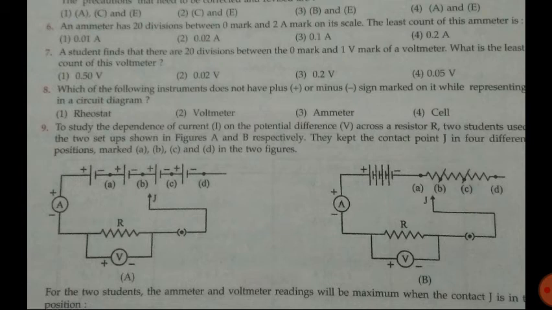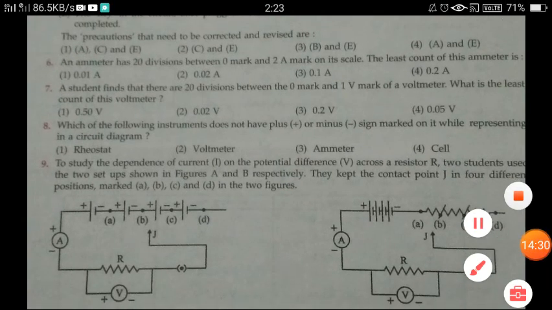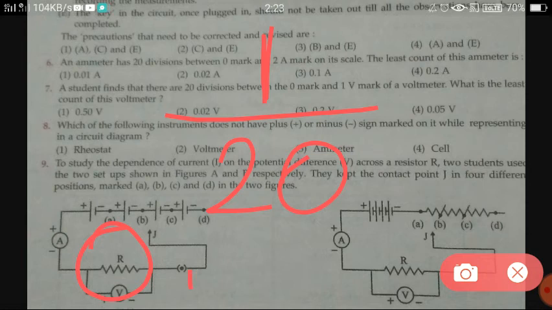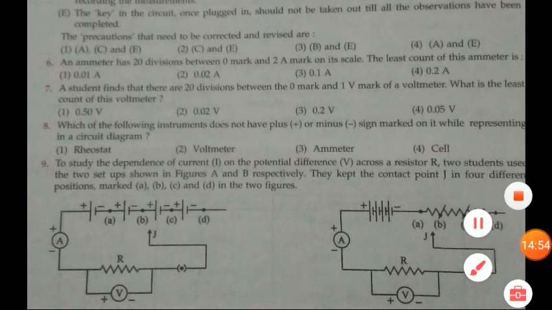A student finds that there are 20 divisions between 0 mark and 1 volt mark of a voltmeter. What is the least count of this voltmeter? So between 0 to 1, how much reading is there? Sorry, between 0 to 1 the reading is 1. And for that how many divisions are there? 20. So when we solve 1 upon 20, we will get 0.05. Okay, so the correct answer is 4. For 7th, the correct answer is 4, 0.05